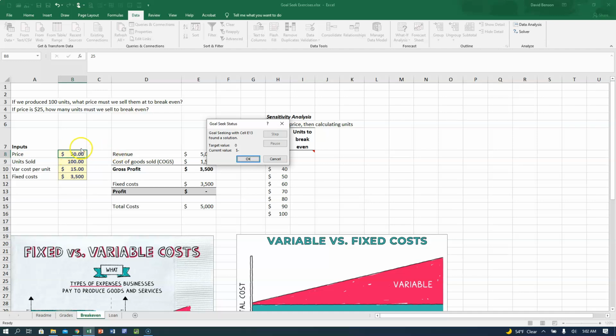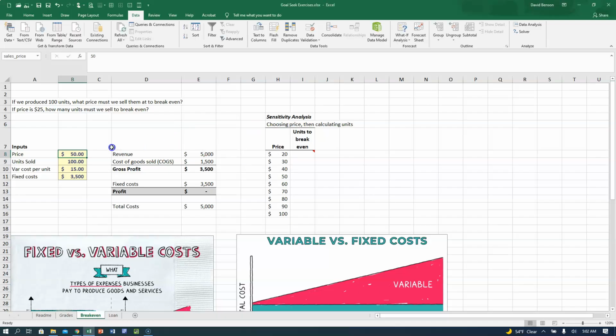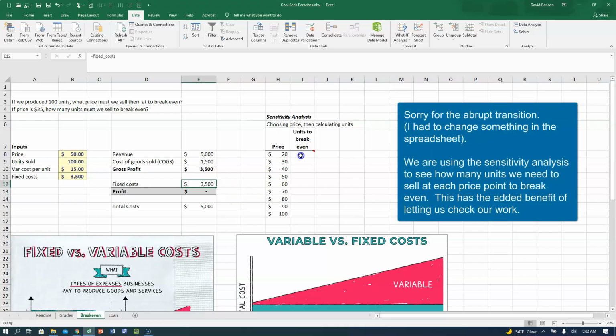Okay, and I think you saw it climb up, and it says $50. That's because if it costs me $15 each to produce, and I sold them for $50, then I'm making $35 of unit contribution per unit. And so if I need to cover $3,500 of fixed costs, then if I sell 100 units, I'm okay. Now, if we want to double check our work,